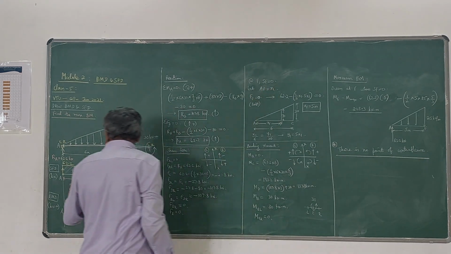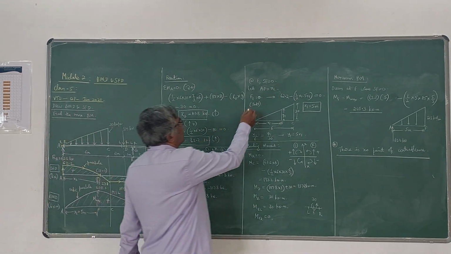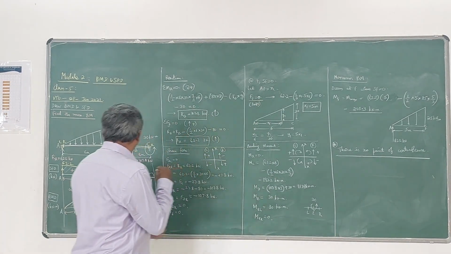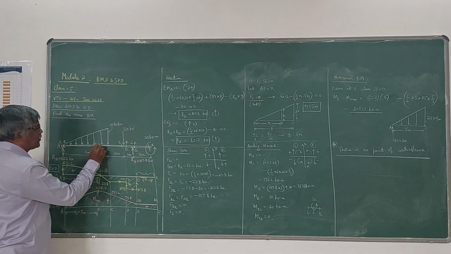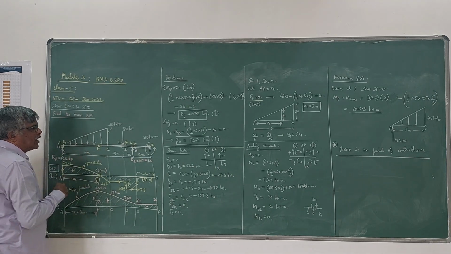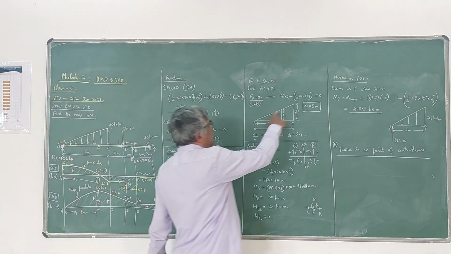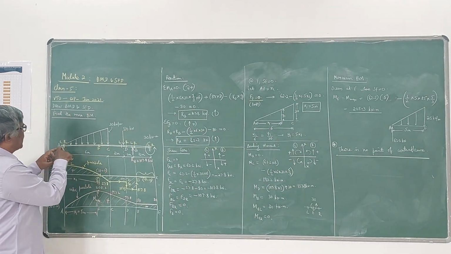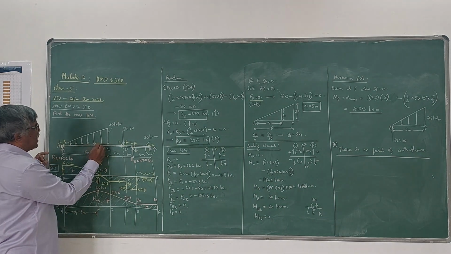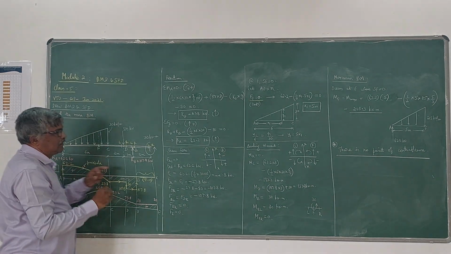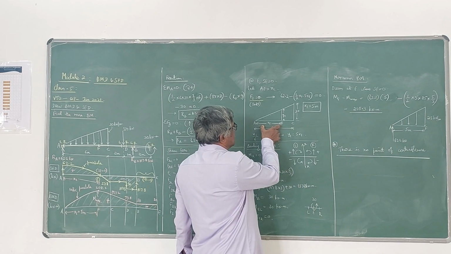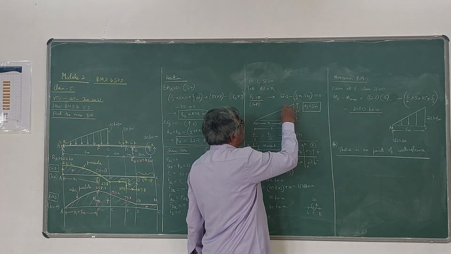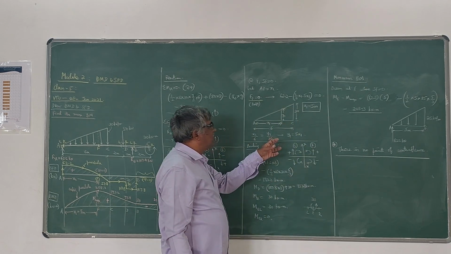At F, shear force is 0. Let the distance AF be equal to x1. Now we know that shear force at F is 0. See to the left side of F. Because it is a triangular load, I have taken a triangle like this, AFC. X1 is this distance, this is 6 meters, this is 30 kN per meter, known, and this is y1, which you don't know. But anyway, you can find out that y1.